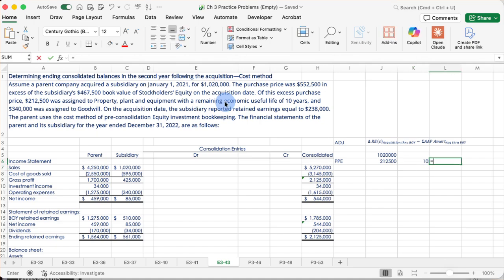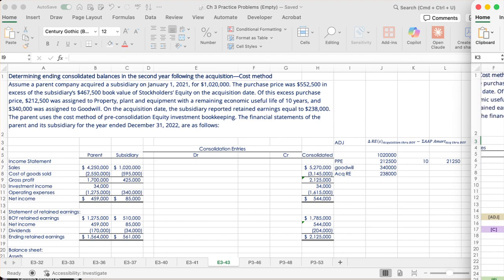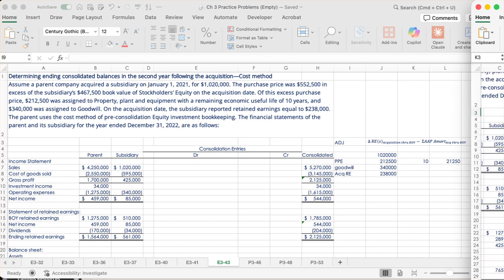And so off to the side, we can just take that PPE value divided by 10 years, and we get the straight line depreciation of $21,250. We also see that $340,000 was assigned to goodwill. On the acquisition date, the subsidiary reported retained earnings equal to 238. So we can put acquisition retained earnings, 238,000. Okay, so now we have to actually go through this process of us doing